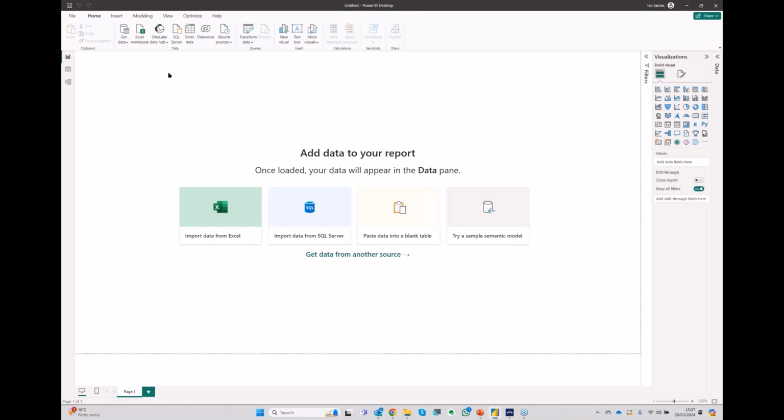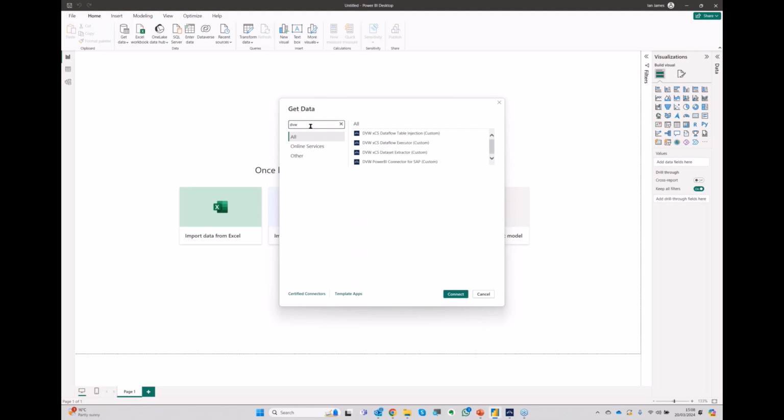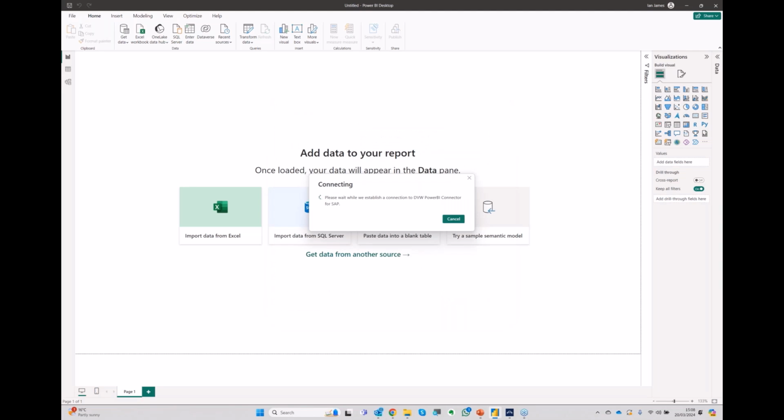We start by, as we do with any other Power BI report, dashboard, piece of data, identifying a source of that data, and it's no different here. So we're going to get data from a source. Now, I mentioned that our software is an add-in. So if I put DVW here, you'll see that because I have that add-in, I have some extra sources available to me. Okay, I'm going to choose the bottom one here, and that allows me to connect into my SAP